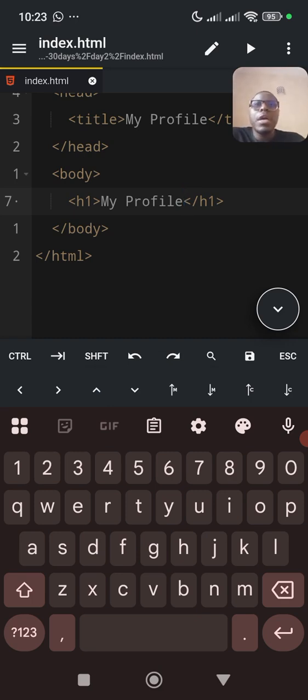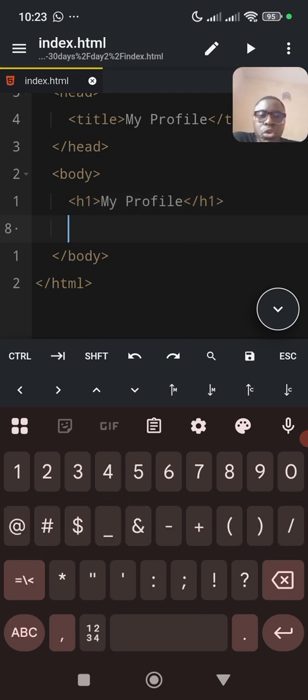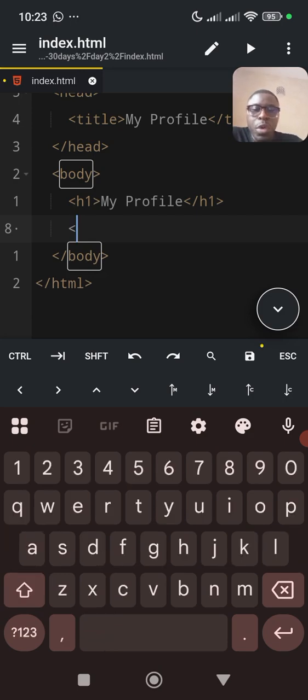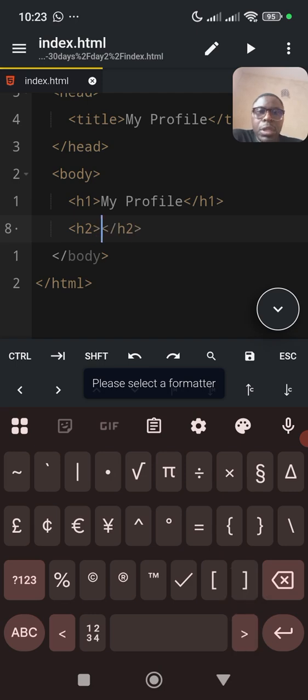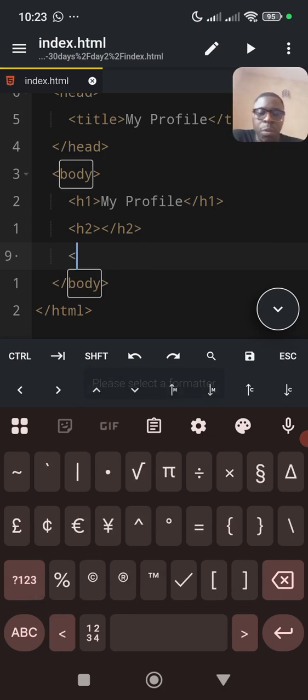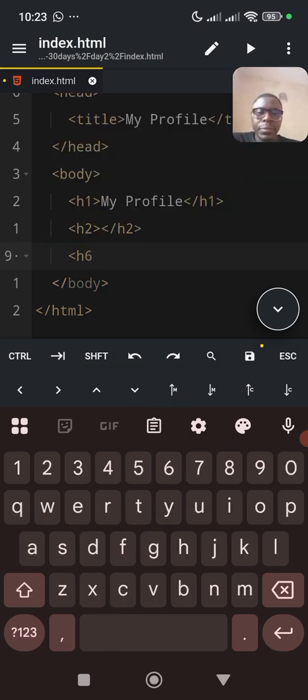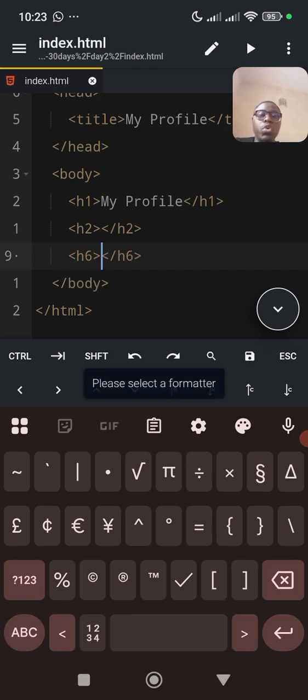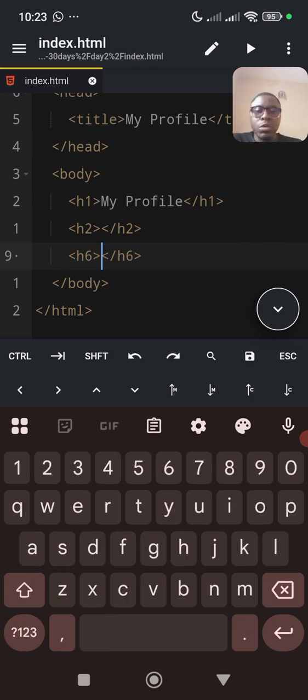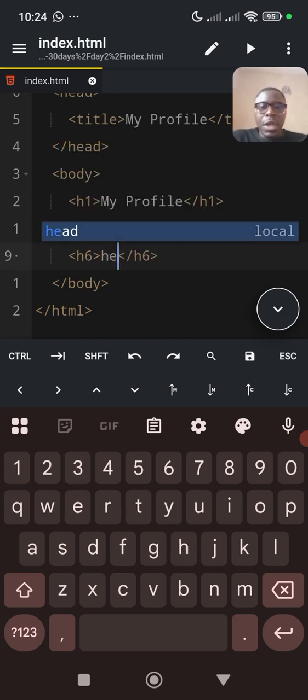Now let's discuss. We have different types of headings in HTML. The first one is H1, the second one is H2, the third one is H3, the fourth one is H4, and the last one is H6. So we have from H1 to H6. H1 gives the biggest heading and H6 is the smallest. If I do something like H6 and say hello, all right,